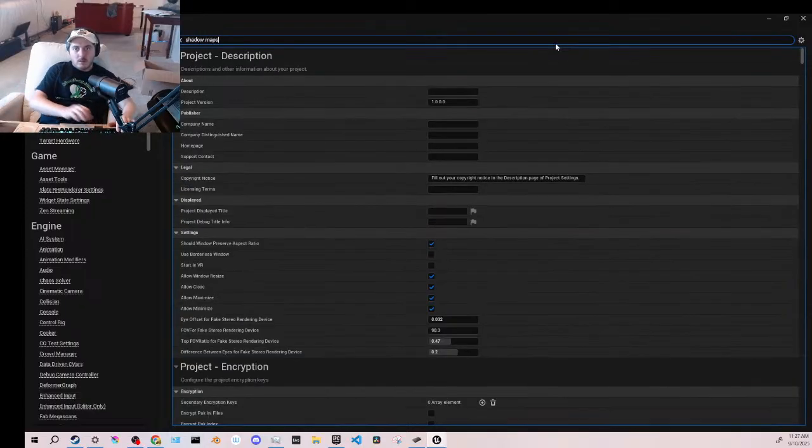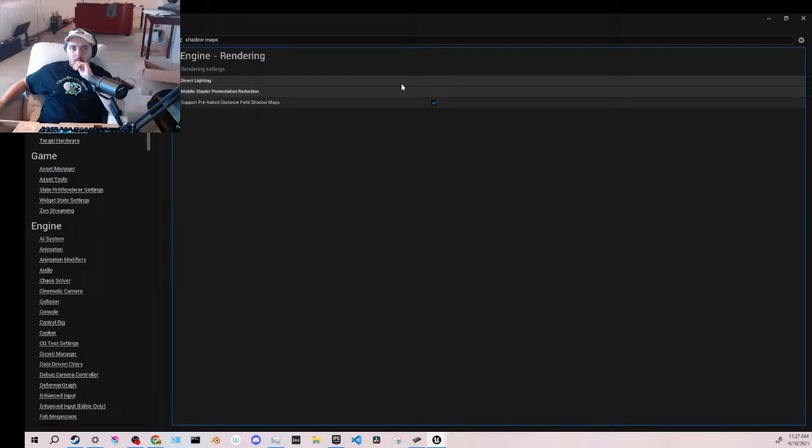Now the next setting is one of the most important ones, and it is anti-aliasing. If you're unfamiliar, anti-aliasing is the